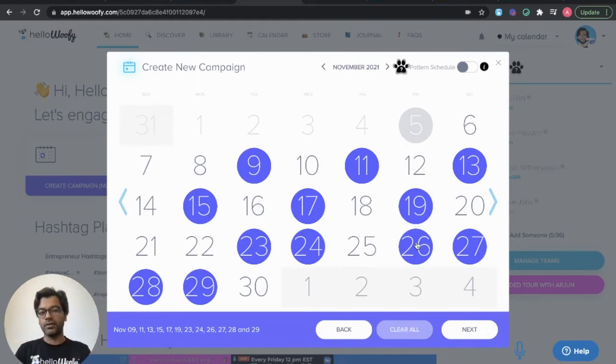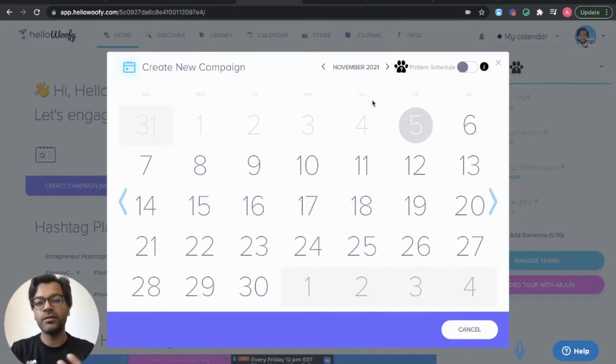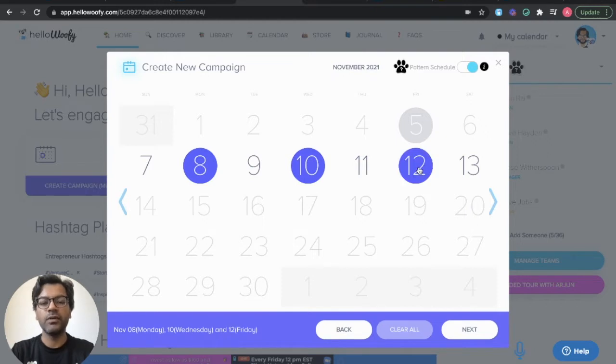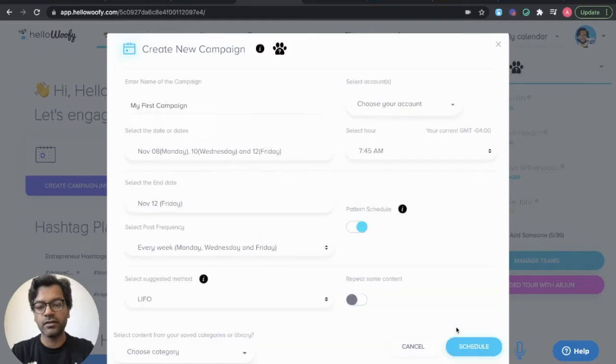You can schedule it out 180 days at a time, but I usually recommend doing 30 to 60 days at a time. But I also like to do it based on pattern. So let's go ahead and turn on pattern schedule, and let's say we're going to do it every Monday, every Wednesday, every Friday. We want motivational content to appear on our social media channels like Facebook, LinkedIn, Twitter, Instagram, Pinterest is coming out very soon, and other social media channels. So let's click on the next button.